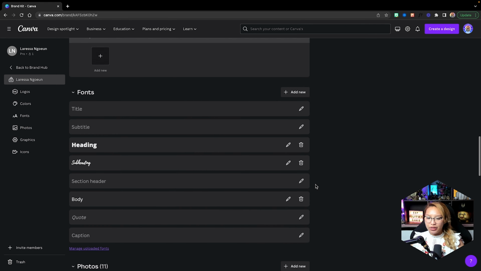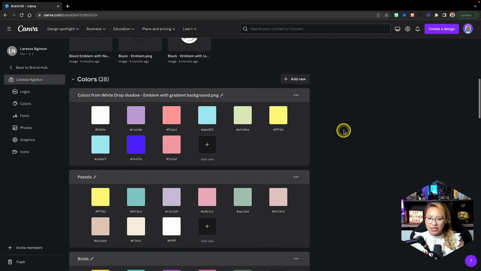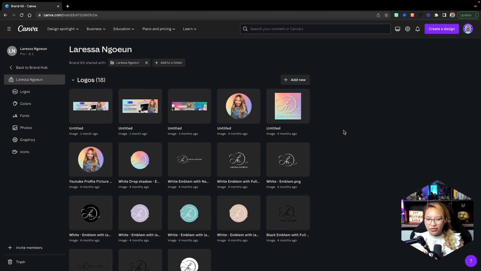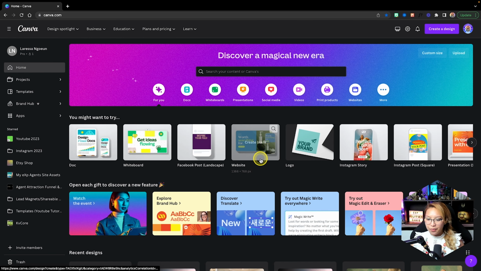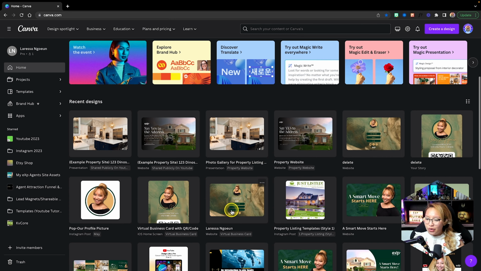And again, I haven't really gone too much with the fonts yet. I still have just 3 different fonts here, but I'm still working on what kind of fonts I want to stick with. So let me show you exactly how to use your brand kit when you are designing. So let's go back into Canva, and let me go into, let's go randomly. What do we want to use? We're going to use this